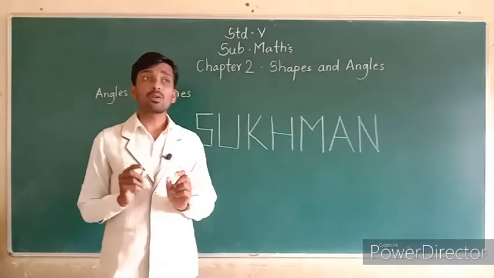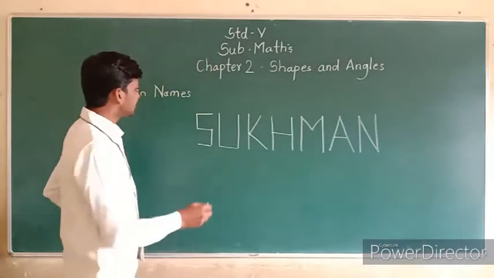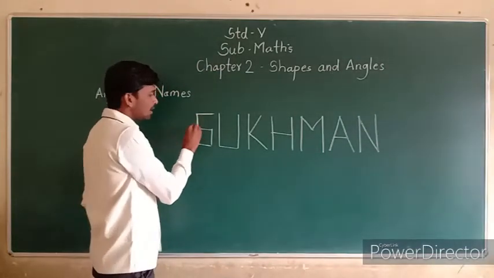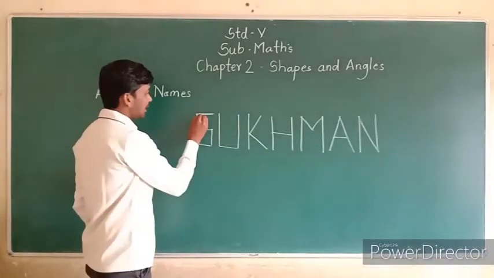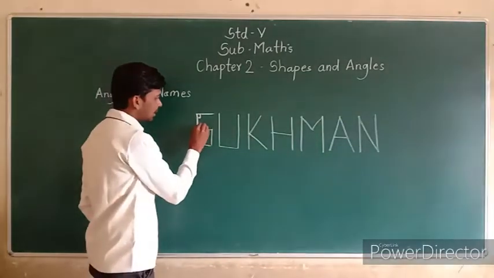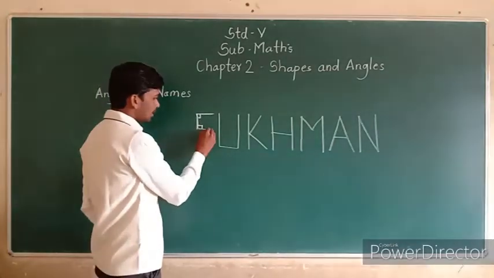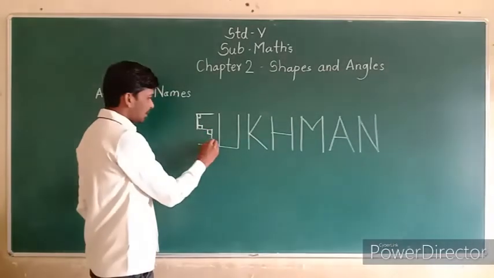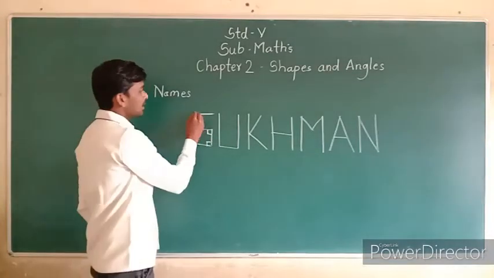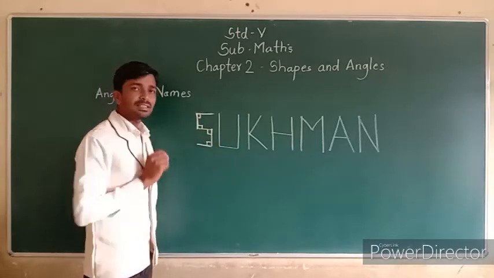Okay, first we have to find right angles. See, here we can see an L shape, here we can see an L shape, therefore that is a right angle. See, this is one right angle. Here is also one right angle. Also here there is one right angle. Here there is also a right angle. That is correct, na? Why? Here there is an L shape, so here there is a right angle.